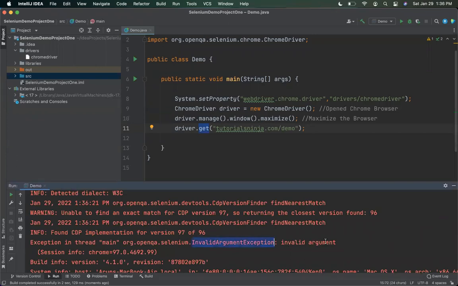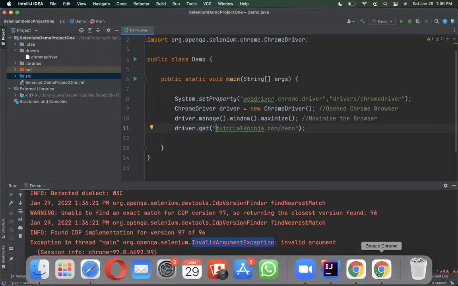So why invalid argument? Because whatever argument you passed inside this, get, which is a predefined method, is not correct. It's an invalid format argument. The URL cannot be like this. What should be there in the URL, guys? HTTP, HTTPS should be there, right? That is not there. So the best way of doing this stuff is